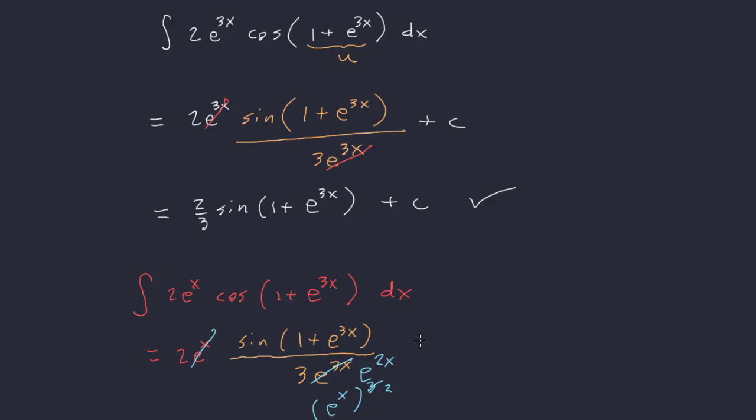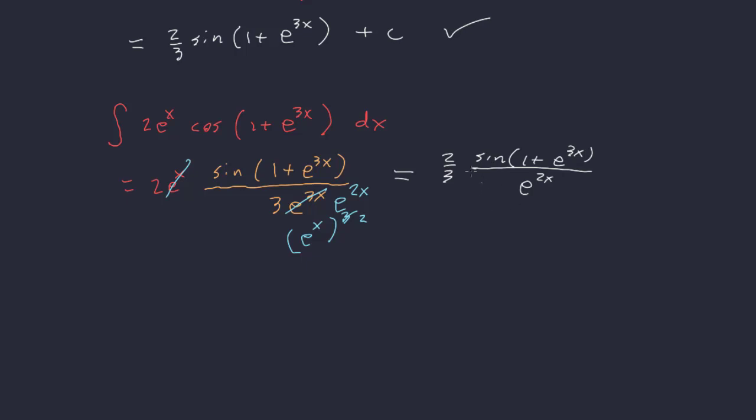Okay, which does not work because this comes out to be 2/3 sine of 1 plus e to the 3x all over, well, we still have some e to the 2x's here. And if we were to try and differentiate this thing, we would not get back to this thing. So if we did that, notice if I differentiate this 2/3 sine of the stuff over e to the 2x, this is